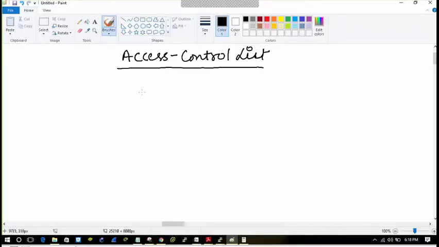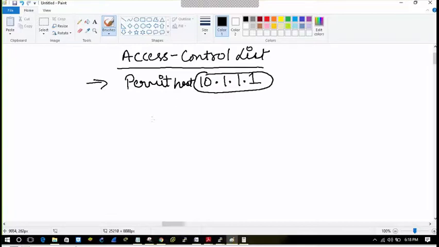Device who want to access it. For example, let's say this is the statement: permit host 10.1.1.1. So actually it means you are permitting it on your device. You are permitting actually only one IP. You can also write permit 10.1.1.0/24. So it means single host.